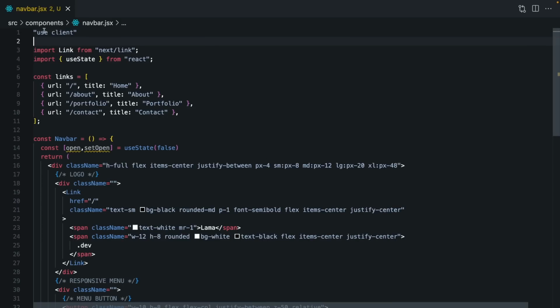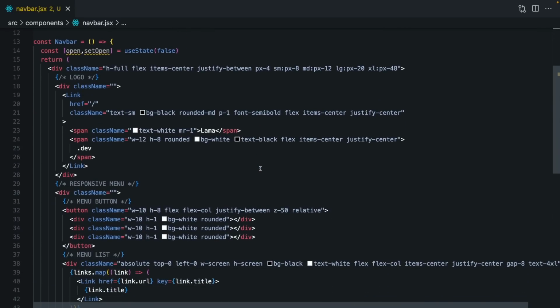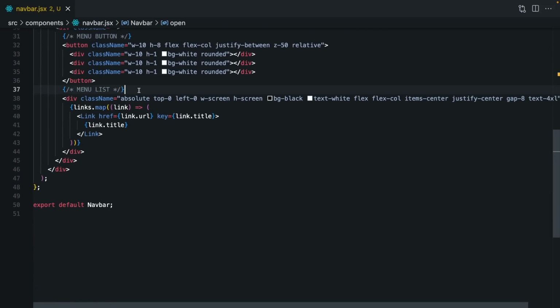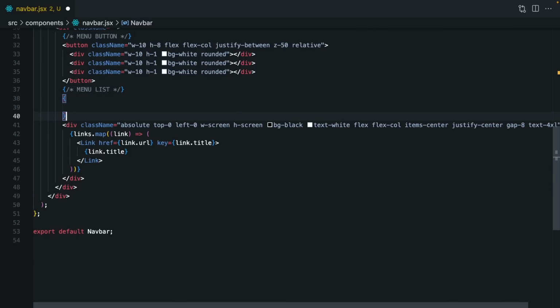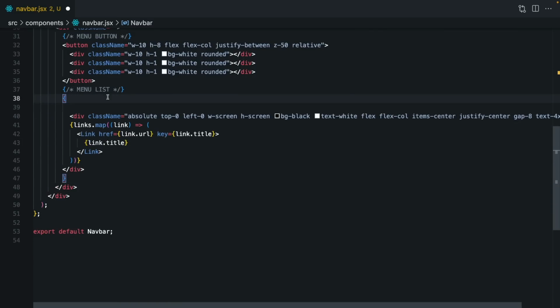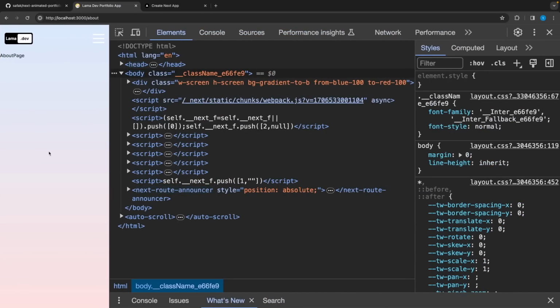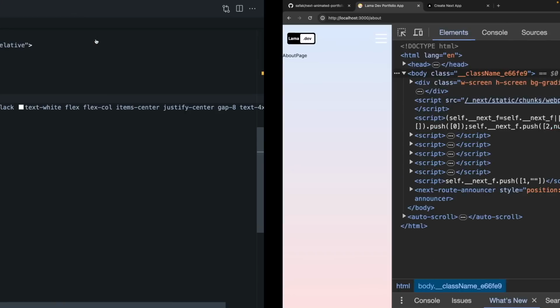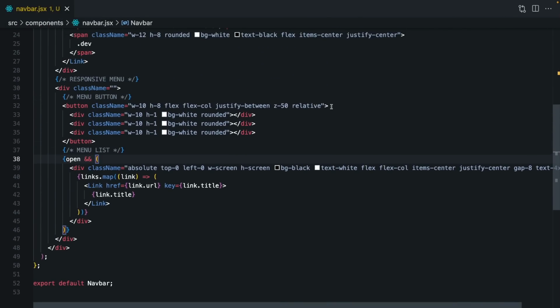And again, I explained this in my previous video, where to use client components, where to use server components, what is hydration, everything is in that video. Okay, so using this state, I can show my menu list. I'm going to write here a condition, and I will say if it's open. As you can see, it's not here anymore. But when I click, I'm going to update my state. Let's come here. And on click event,